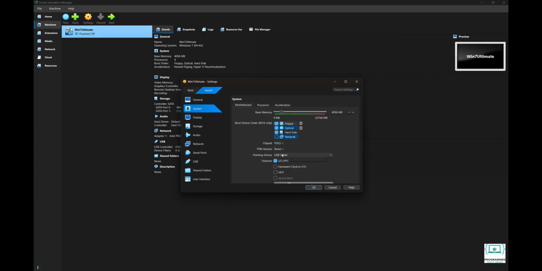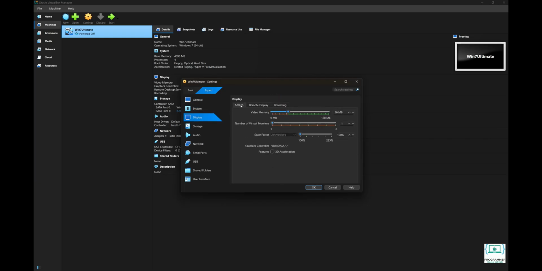For the pointing device, choose USB tablet for better and smoother cursor control inside the virtual machine. Make sure the UEFI option is unchecked since Windows 7 does not support native UEFI. Also confirm that Secure Boot is disabled, as Windows 7 does not support it. Next, go to Display, and then select the Screen tab. Here, set the video memory to the